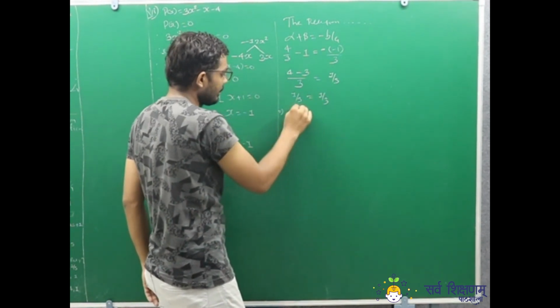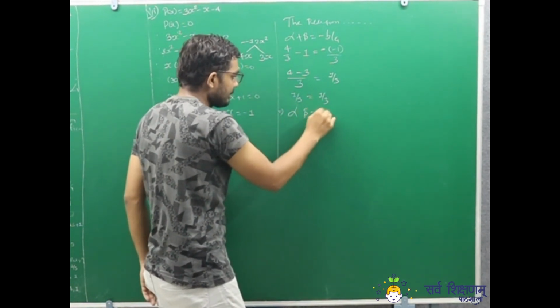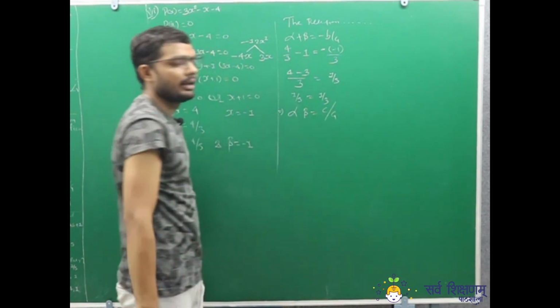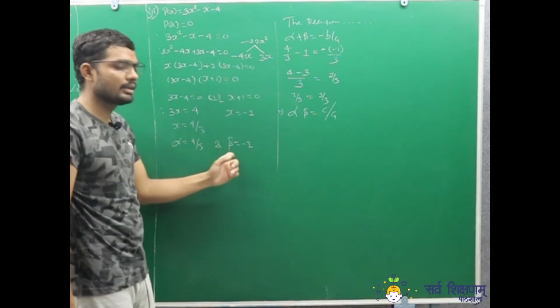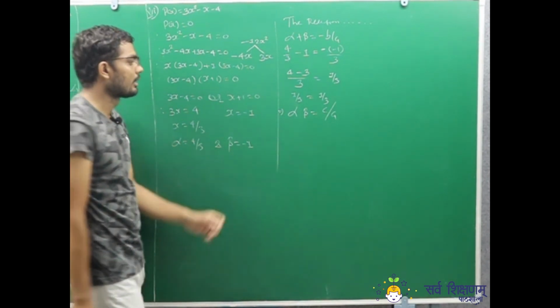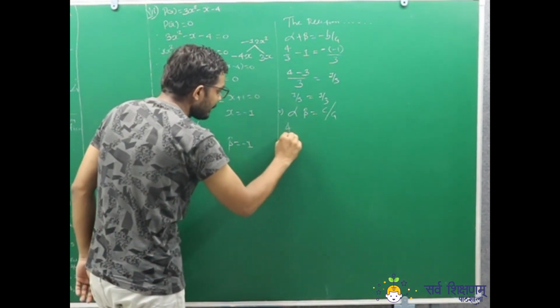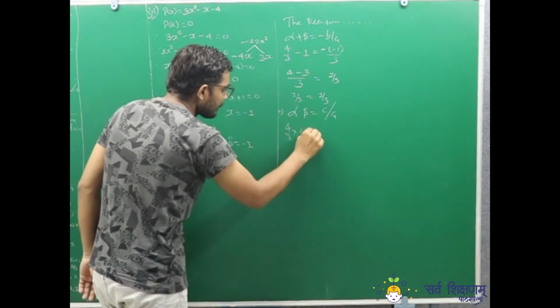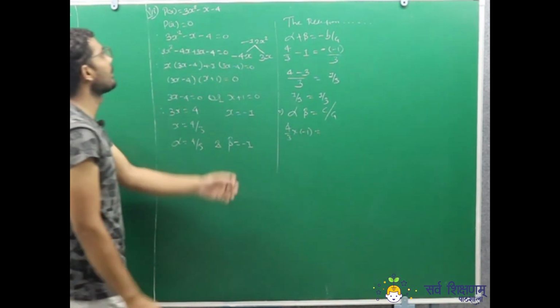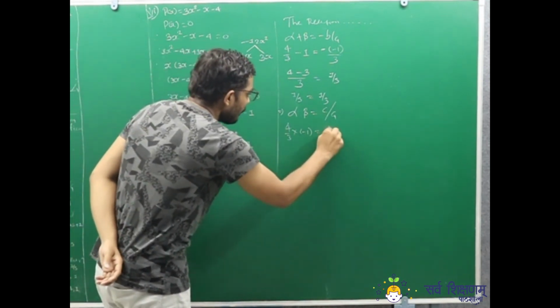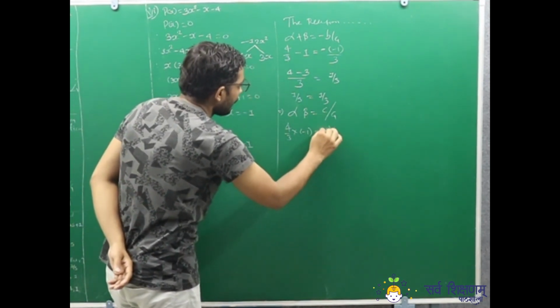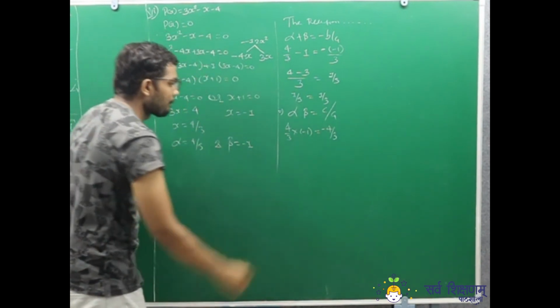Another relation, alpha into beta is equal to c by a. The value of alpha is 4 by 3 and the value of beta is equal to minus 1. Therefore multiplication of 4 by 3 into minus 1 is equal to c by a. The value of c is minus 4 and a is equal to 3. It is equal to minus 4 by 3. Therefore